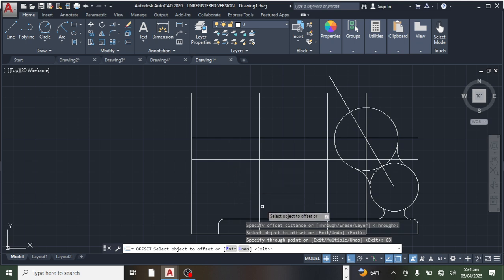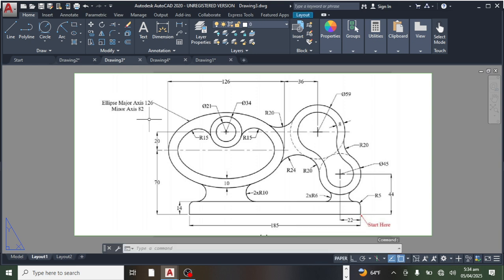Then we've been told that the ellipse has a major axis, which is 126, and then the minor axis is 82. Now what are we going to do to draw the ellipse? We don't need to go direct, but we just have to